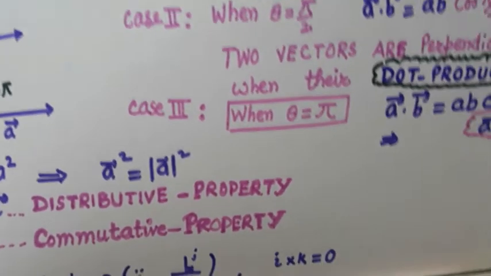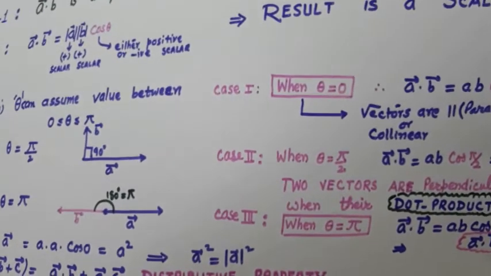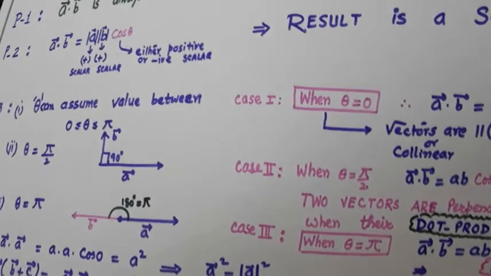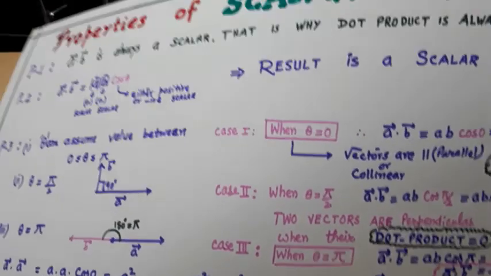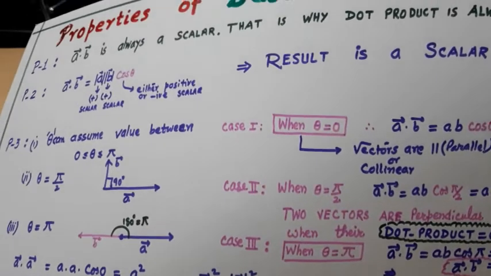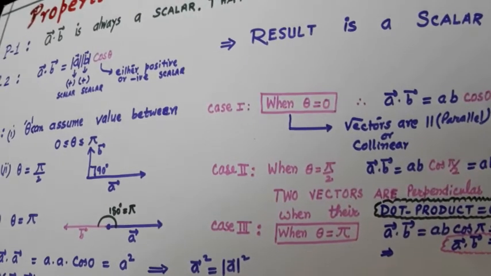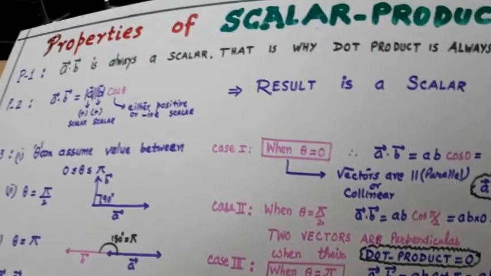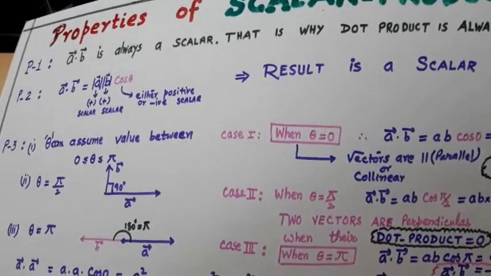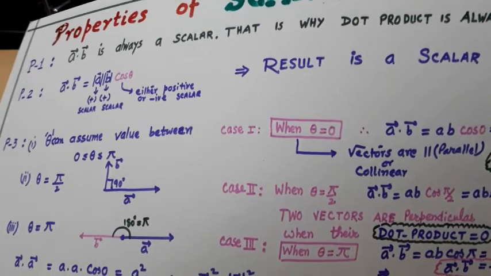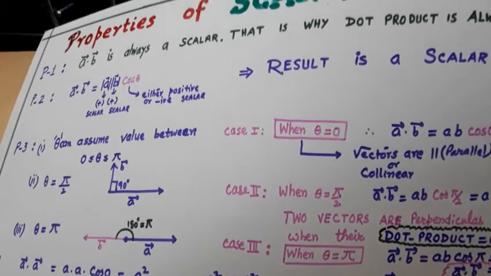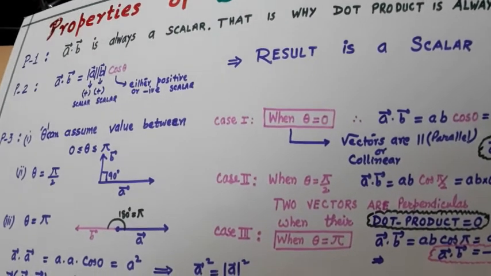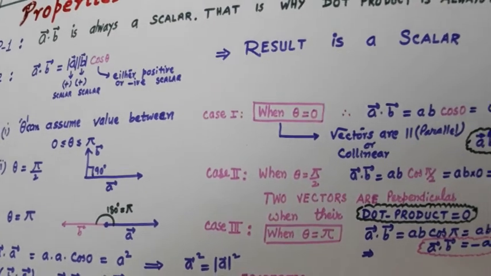So what we have seen is that the properties are very, very easy to understand when you remember this scalar product formula, and the rest is very, very easy. So I hope you have enjoyed the mnemonic. What is A dot B? It is ABC. C stands for cos theta. So A dot B is AB cos theta.